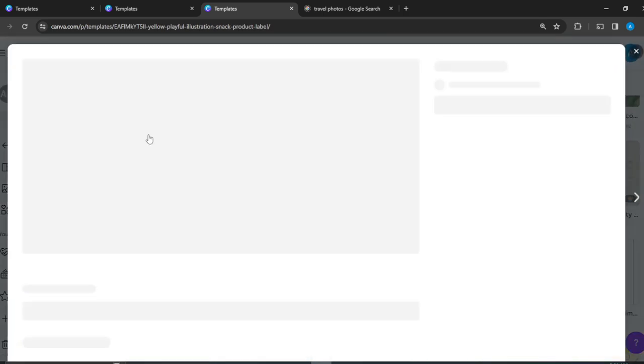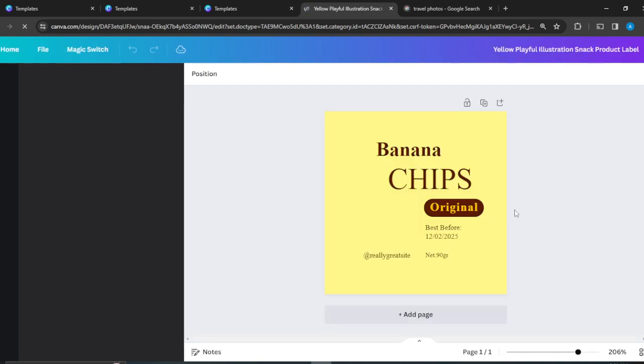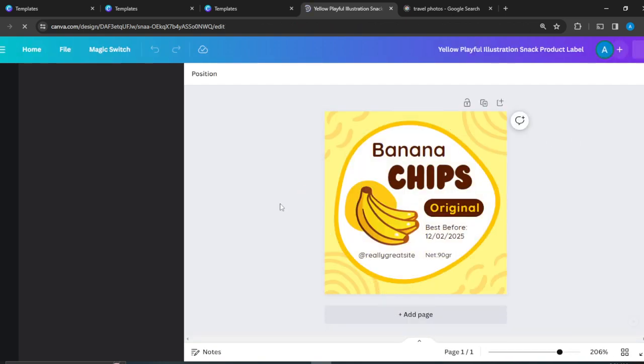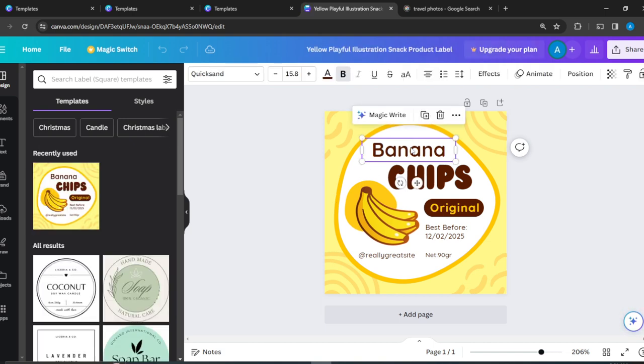So just open that up, and I'm just going to click on customize this template. So we don't have to take too much time, right? So here, there are a lot of things that you can change. Here's the text. How do you change the text? Of course, double click, and so let's make this